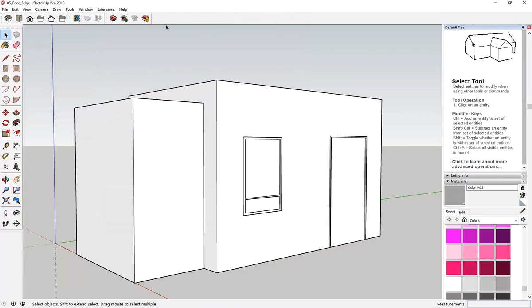If you open up the file, it says face edge file. I want to show you another important feature in terms of how the object will look in your view. It's called face and edge. So we can change how the faces of the different objects within the scene are going to look, and